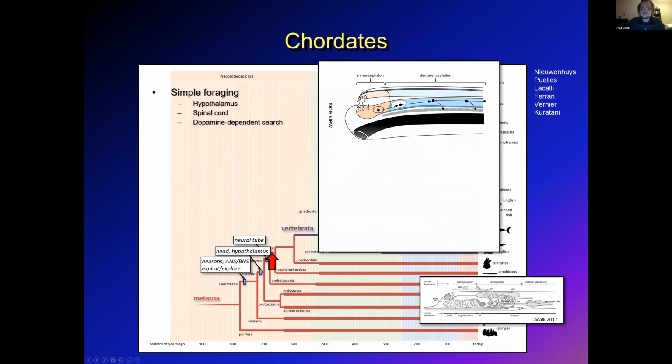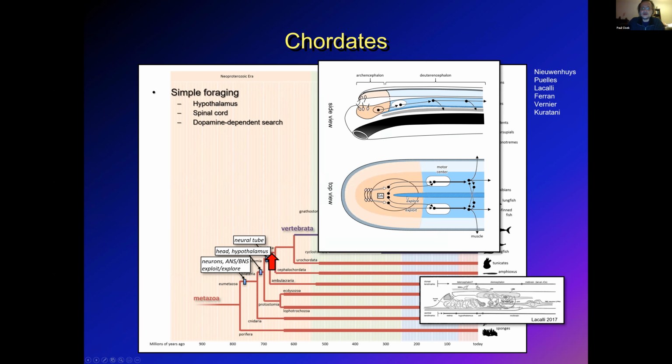So there's a front segment called the archencephalon. It's a little bit like a hypothalamus. And the rest is called the deuterencephalon. This is like hindbrain and spinal cord. And dopamine centers are here in the hypothalamus, projecting mostly caudally downstream. And again, according to that proposal that I mentioned by Thomas Hills, governing this local exploitation versus long-range exploration type